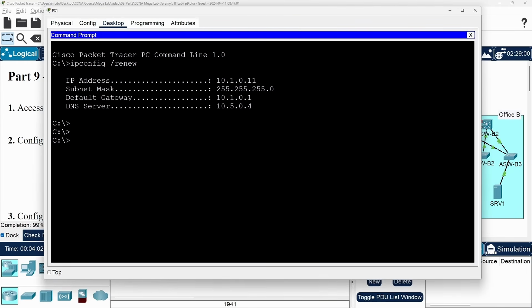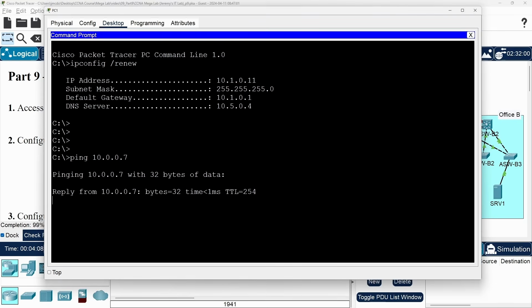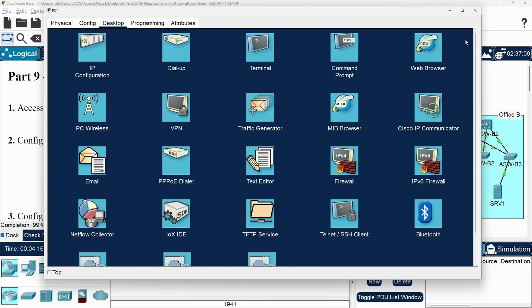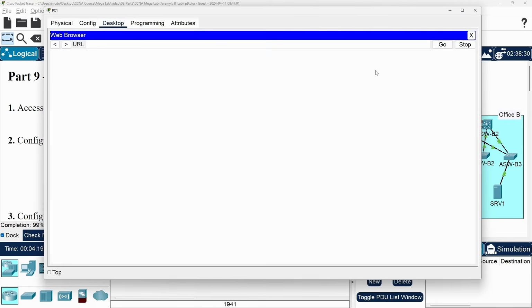First, I'll open up the command prompt and ping WLC1 just to make sure PC1 can reach it. Ping 10.0.0.7. This should also ensure that all devices have the correct ARP entries. It can be quite slow in Packet Tracer. Okay, next I'm going to leave the command prompt and open up PC1's web browser. It can take a few seconds.